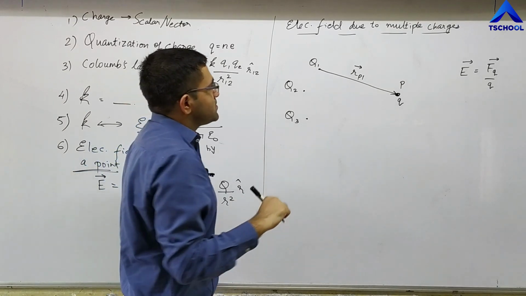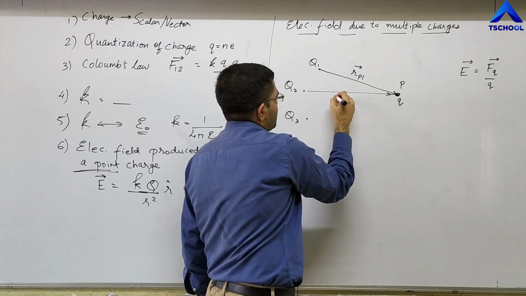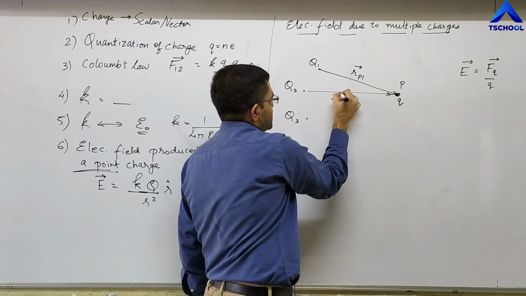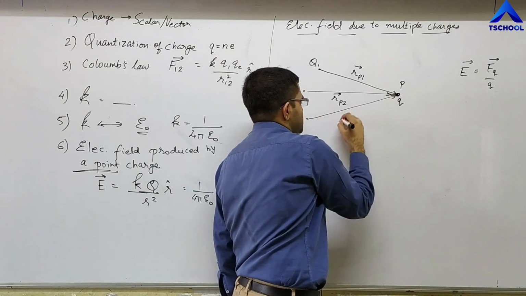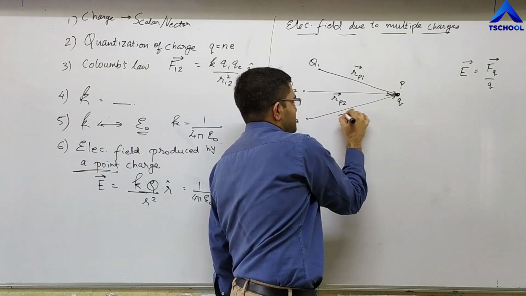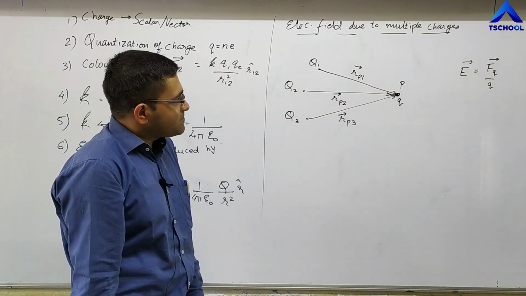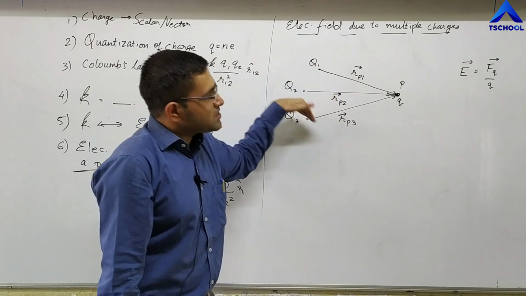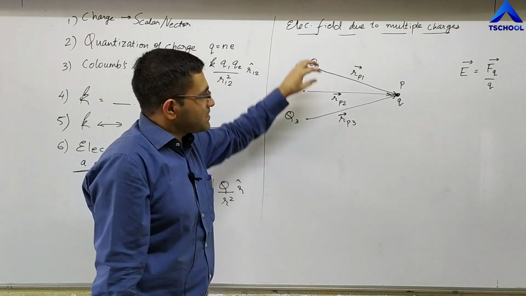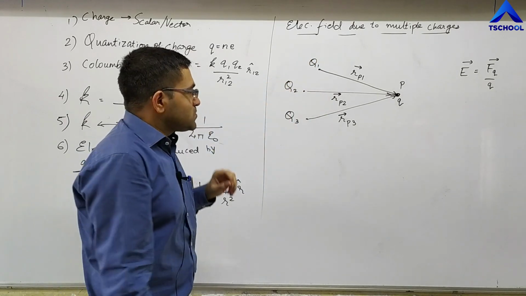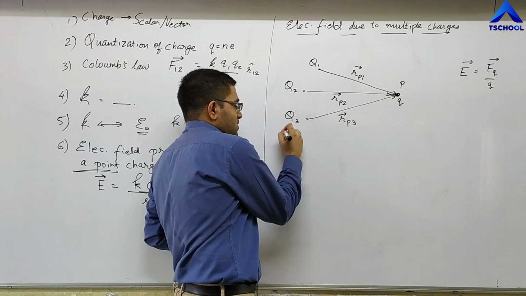Okay, this is the position vector of P with respect to charge 2, and similarly this is the position vector of P with respect to charge 3, Q3. So what we have now is three vectors indicating the position of the point P with respect to these charges. So first of all, we think of the force acting on